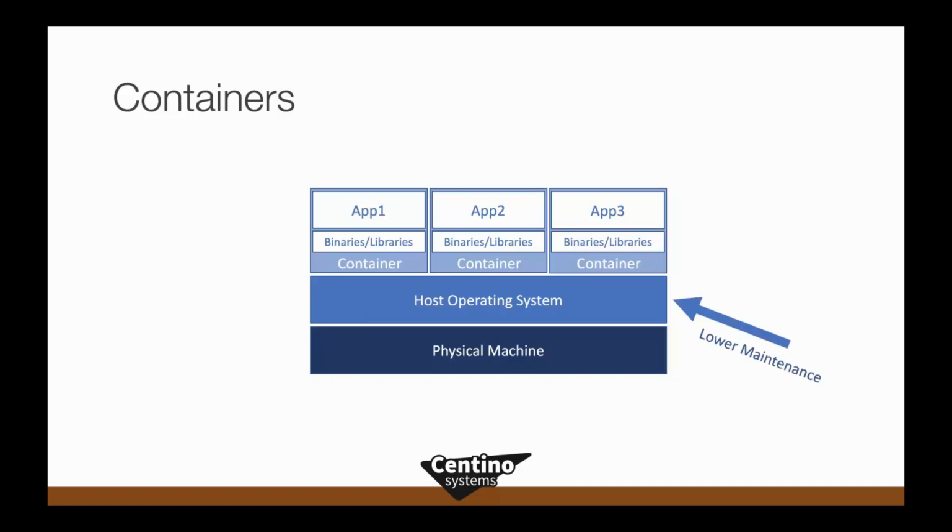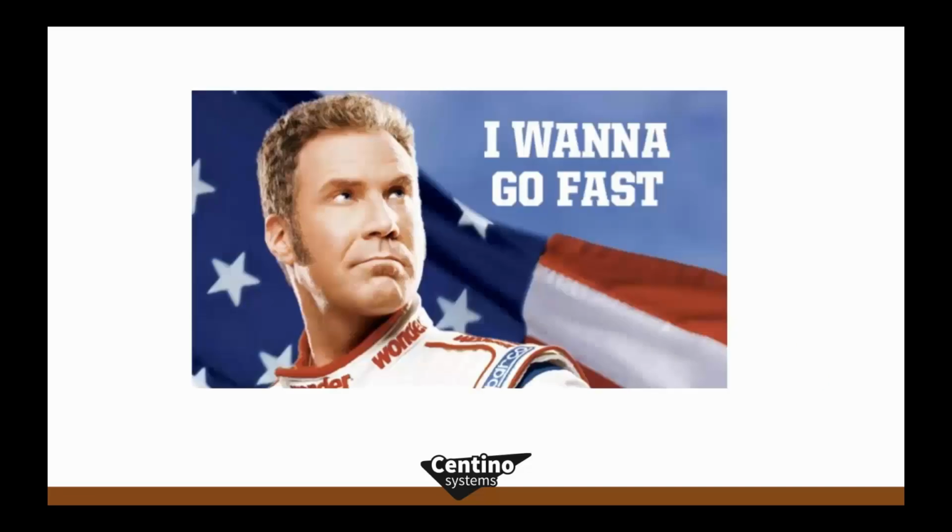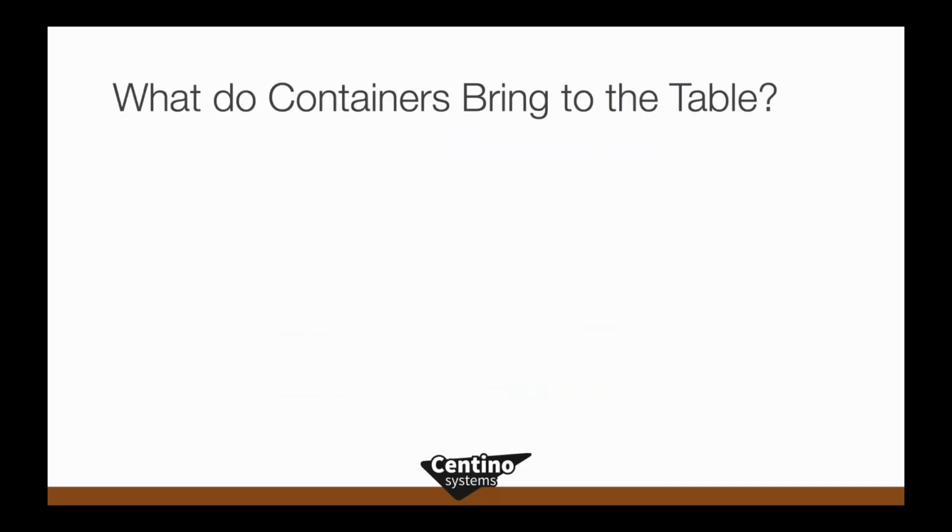So I like to consider that this is lower maintenance, right? Because there's less surface area that I have to manage when I'm looking at this from an enterprise level. I also then care and feed for the things that matter, my applications that help me do things for my business. If I can move code out faster into production because I can deploy it more quickly in a container, then that's helping my business get things done. And so that leaves us with this thing about going fast, right? And that's the value that containers provide. It's all about going fast and getting things out into production more quickly, more efficiently, and more consistently than we do today. And so what do containers bring to the table?